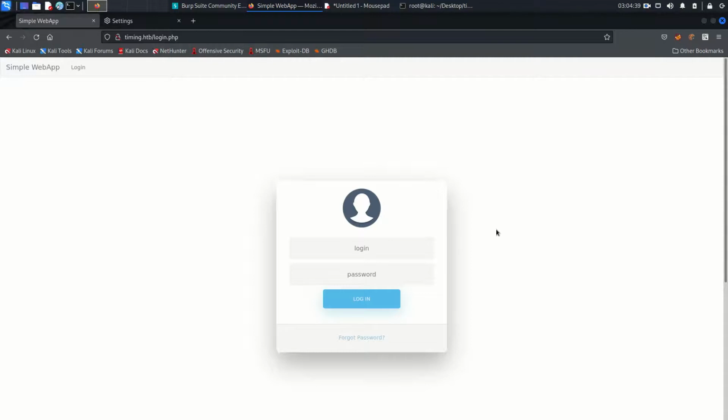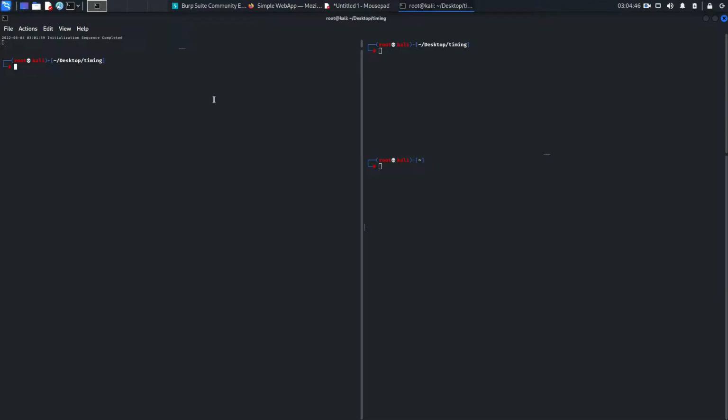The machine name is Timing and the difficulty level of this machine is medium. So without wasting time, let's go and see what we have. I'm going to start with nmap. I already ran the scan to save time, but I will show you